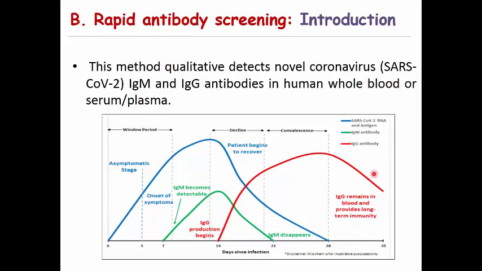So again we are just going to look at this phase of infection development. In the first phase the patient may be asymptomatic or symptomatic, but the production of IgM will start almost after 7 days of the infection. So this test is only useful once there is a production of antibodies. So in this phase this test cannot detect any individual with the infection. Okay,